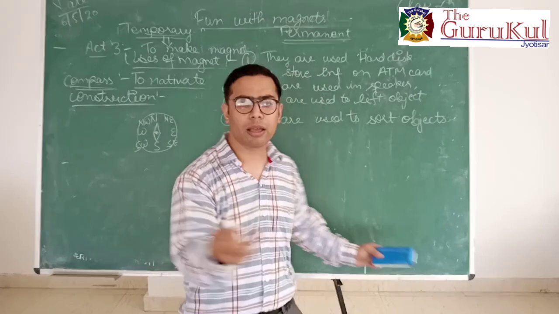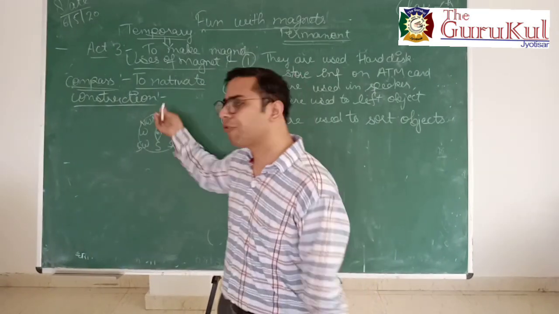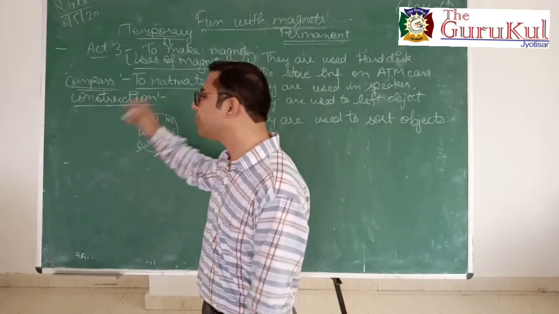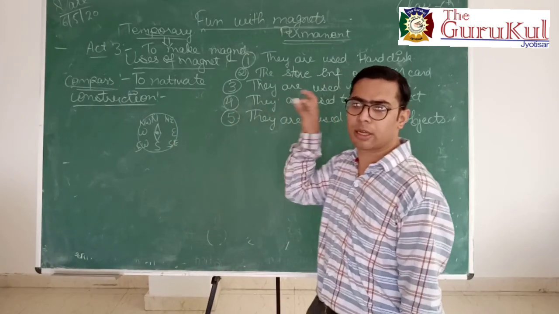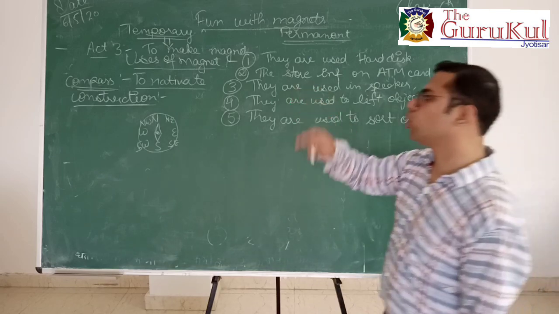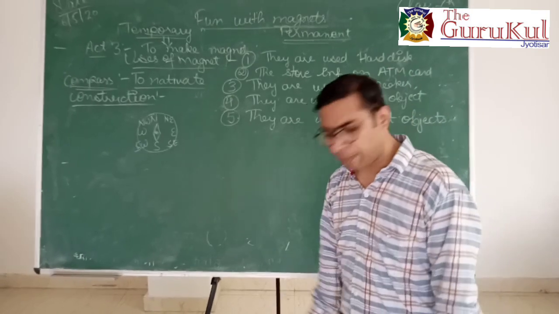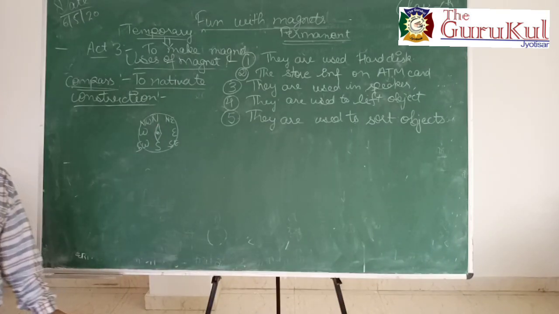As you rotate the compass, what happens? The needle will deflect and it will tell you which direction it is, either north, south, east or west. Okay, so this is the construction of a compass. You can make the compass in this way. So we are studying here also that the compass comes under the uses of the magnet. Okay, students.